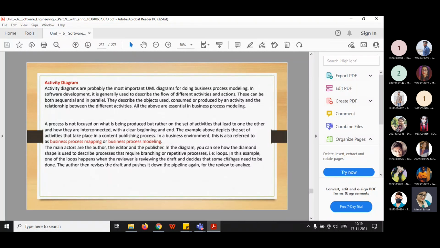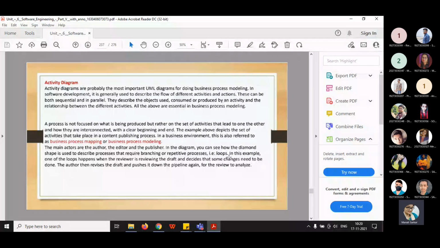Activity diagrams are probably the most important UML diagrams for doing business process modeling. So whenever we are doing any kind of business process modeling, like developing any kind of software, we are using activity diagrams.